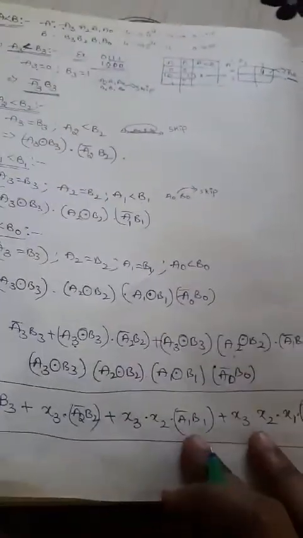Now it's time to draw the logic diagram. We already have the expressions, so by using them we will draw the logic diagram. Sorry, not the K-map. No need to consider the K-map for this, because we already have the expressions for each output. So directly by using that expression, we need to draw the logic diagram. First I will go with the gates here.